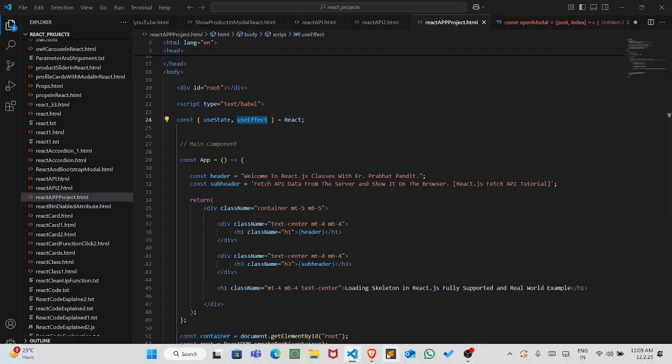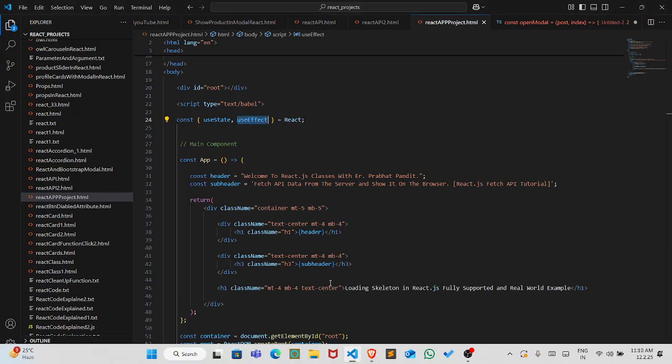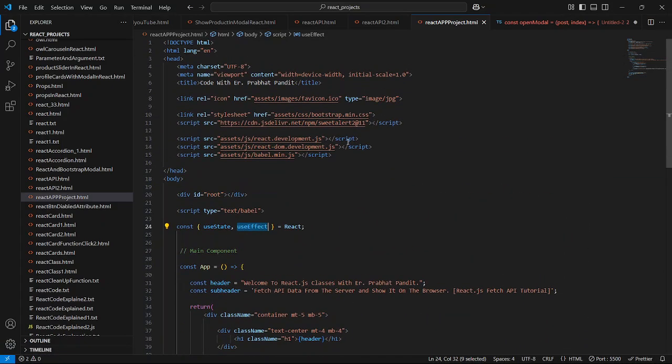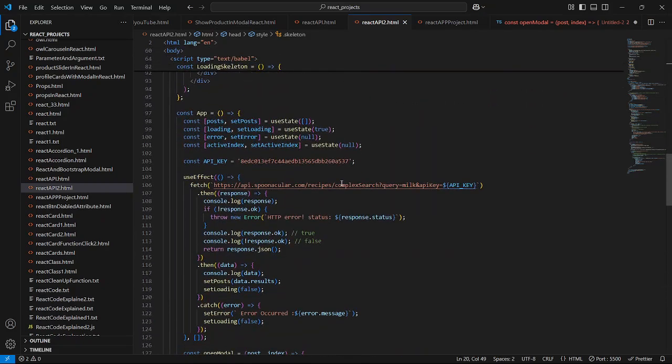So let me first of all close this, because the moment I save the file, the moment I save anything, this page will refresh, and it is going to use the API which I have got. I have got the limited API. So let me show the API also, which API I'm going to use in this